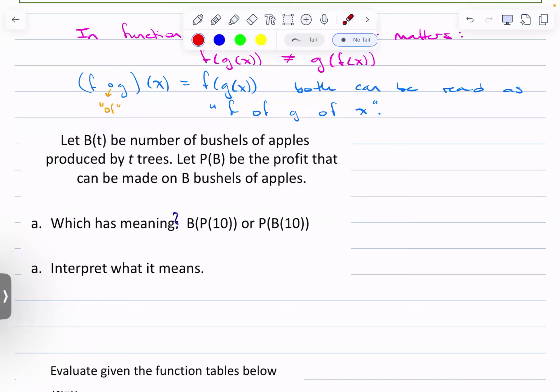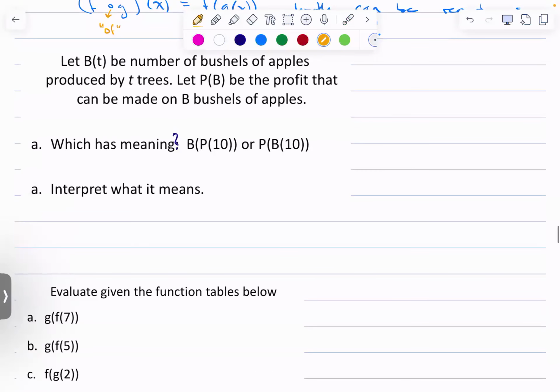So if we want to figure out which one of these two has meaning, only one of them will. First, I'm going to interpret what each of them mean,